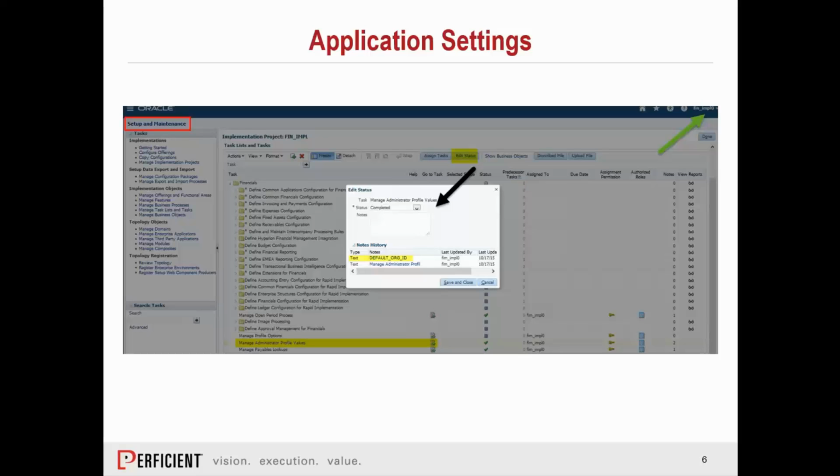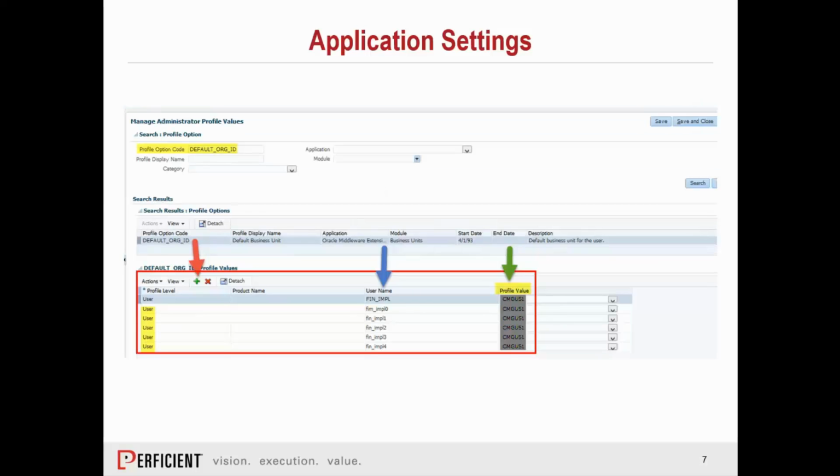So I create an extra task and I put that in there just to help me get through all of my projects, because there's no way to remember all the little stuff you need to make it work. Once you're within that particular profile option, in the code you'll put default_org ID. You'll hit search. If this is the first time you've ever done this, the red box below will have no values in it. I would like you to click on the default org ID